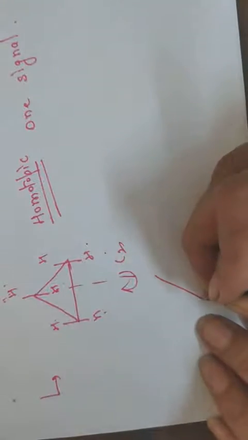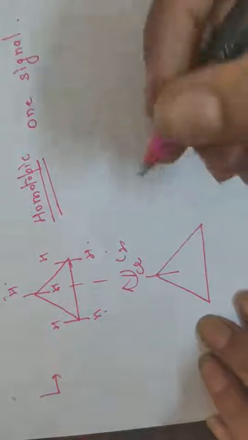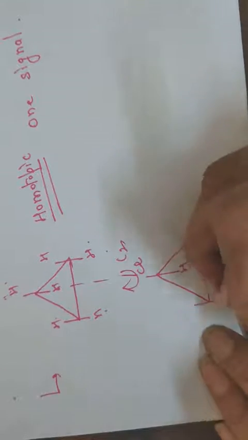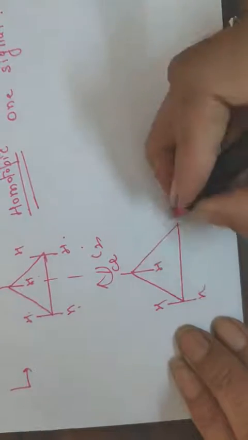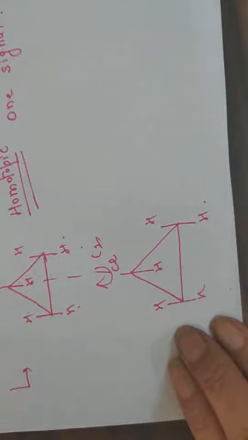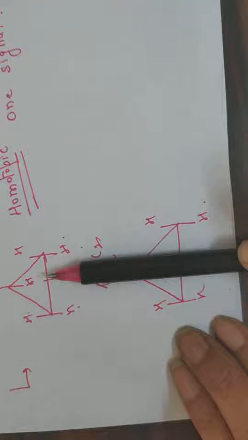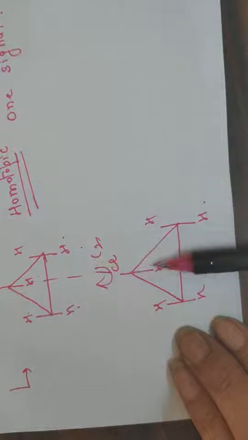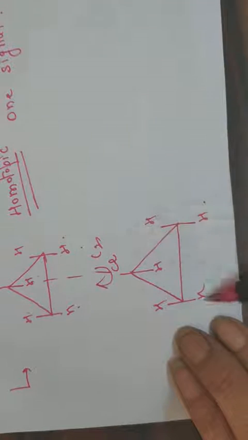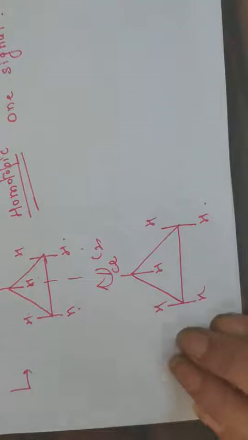Now if in place of this you have this group, Cl is present here, H here, we know H, H, H and H. So in this molecule, a C2 axis of symmetry is not present. If you try to rotate it at an angle of 180 degrees, then the Cl will come here, H will go there, and these hydrogens will be interchanged. So in this case, this axis of symmetry is not present.